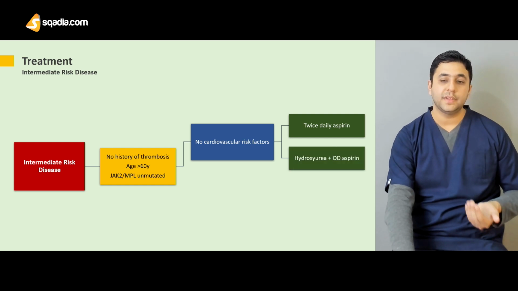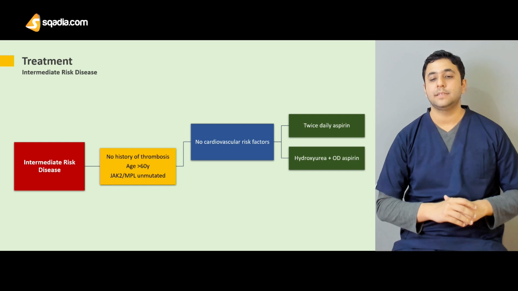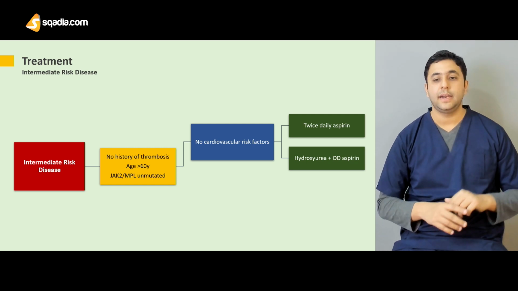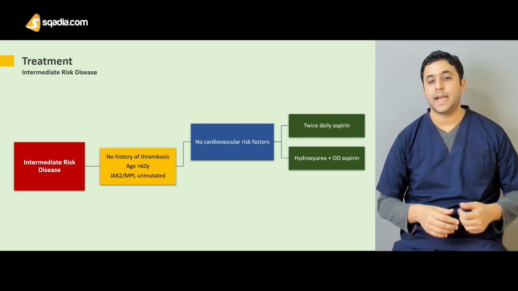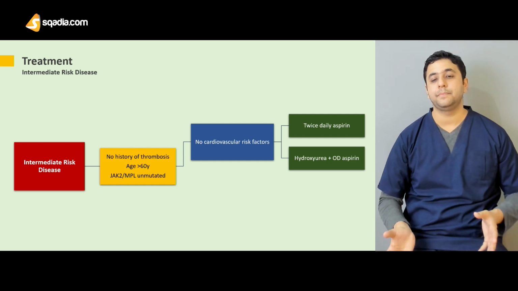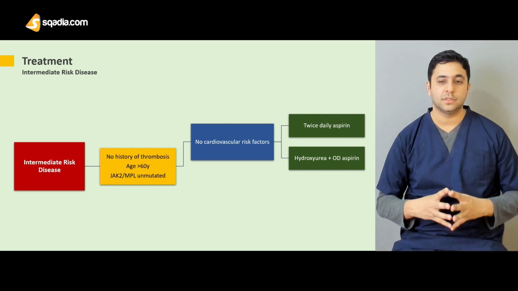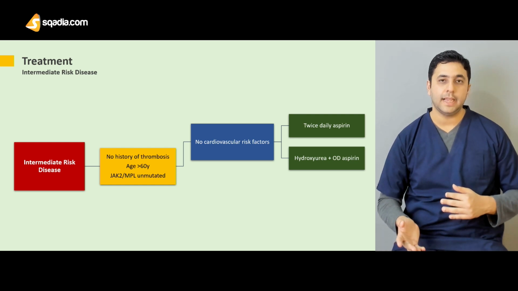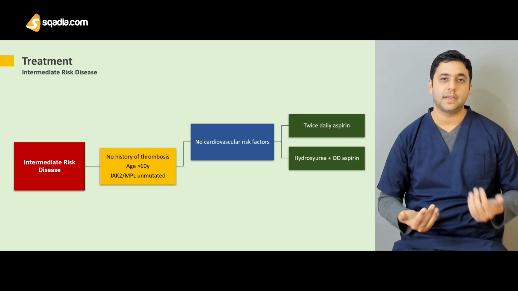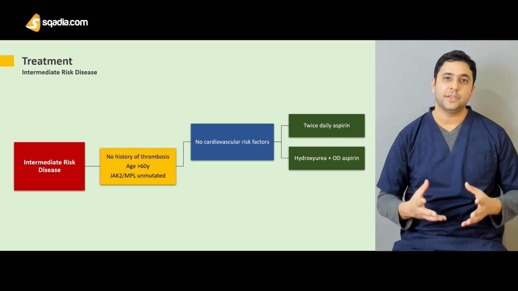And along with that, if that twice daily aspirin does not help, or if the patient has some bleeding tendency, then we might combine hydroxyurea and put the aspirin to once daily dosage. So hydroxyurea plus once daily aspirin, or either twice daily aspirin, is the standard therapy for older patients with intermediate